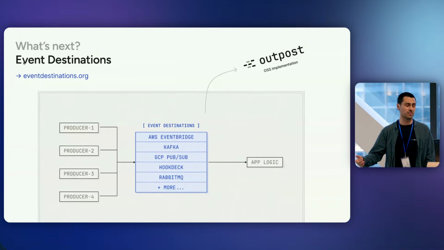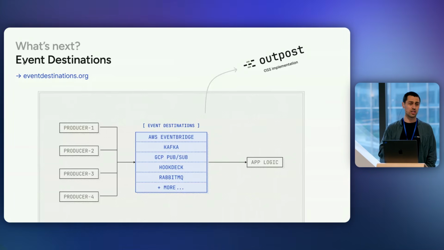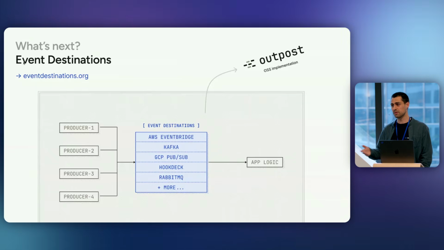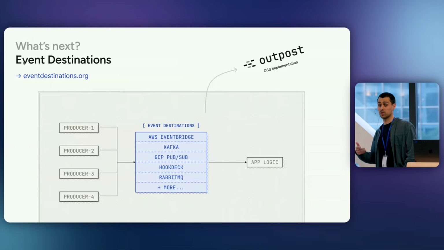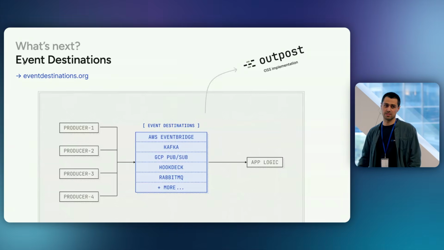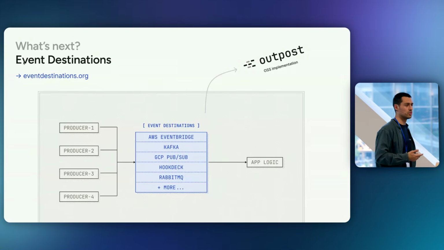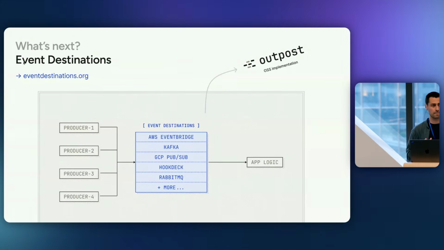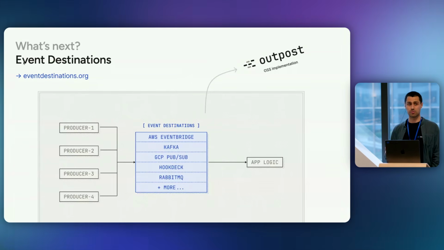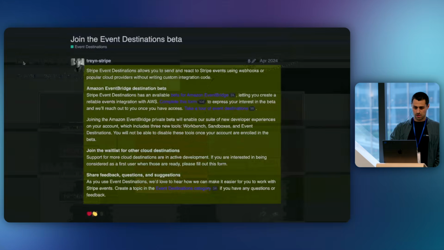The Event Destination Initiative takes inspiration from what Stripe is doing and is bringing it as a generalized set of guidelines for the industry as a whole. And so we're working with other companies and partners on defining what those guidelines are. And maybe more importantly, we just released Outpost. Outpost is an open source implementation of event destinations that is available to anyone to use and deploy to support event destinations within their own products, SaaS, and so on, right?